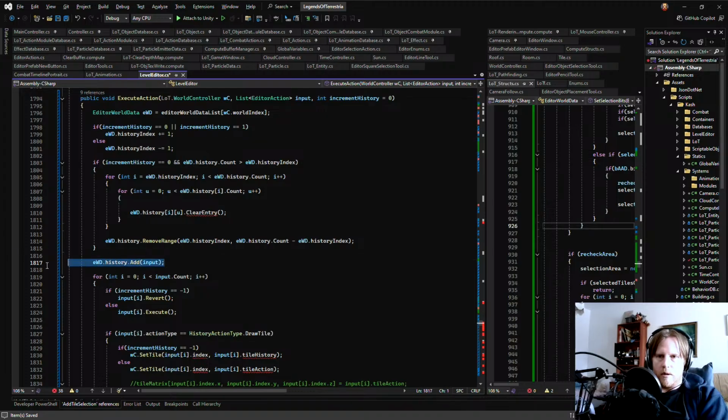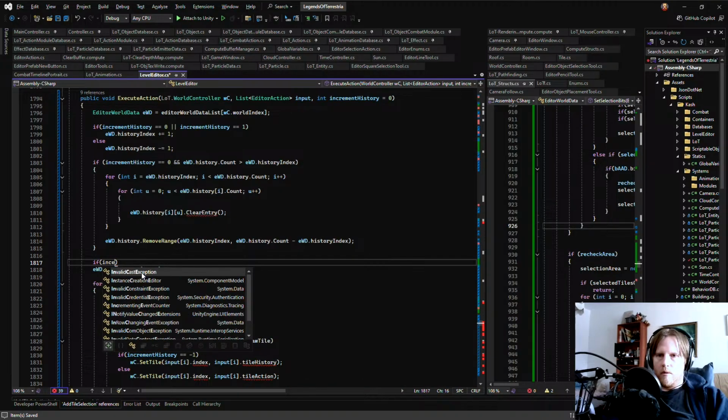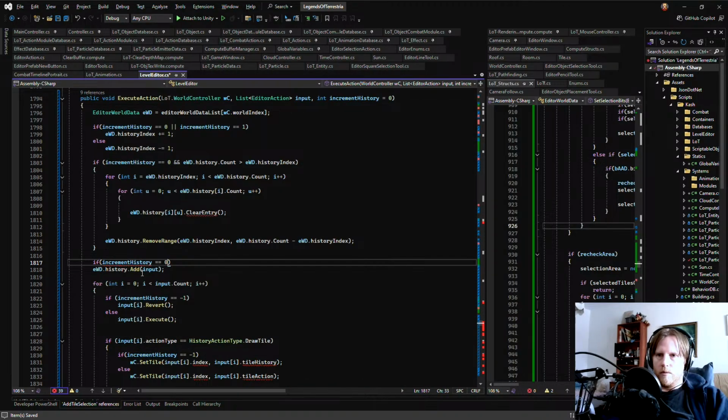But I don't like this either. If increment history equals 0, then we add this there.